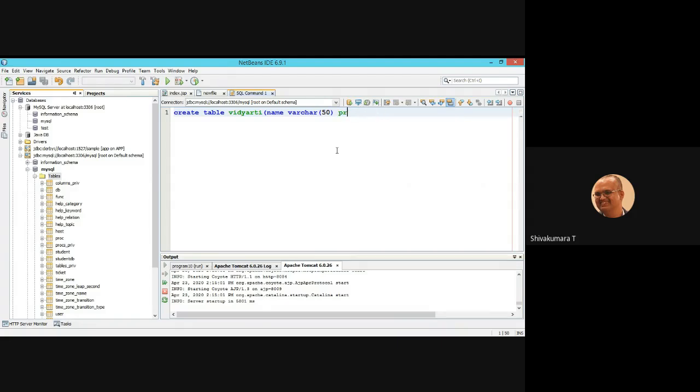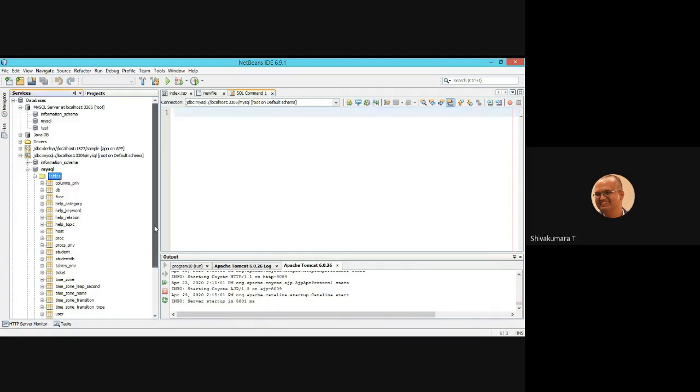Then USN varchar of 10, etc. In this way you can create also. This is the traditional way of writing a query to create the table. This is a GUI. Through GUI you have created the table.